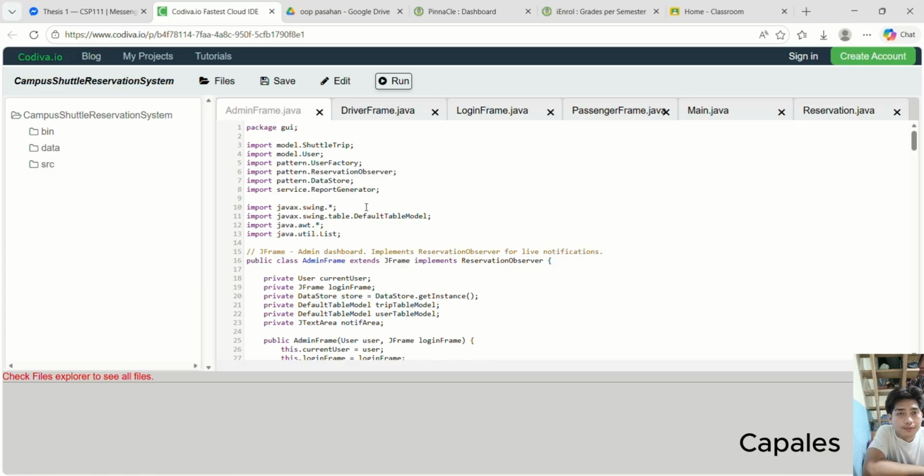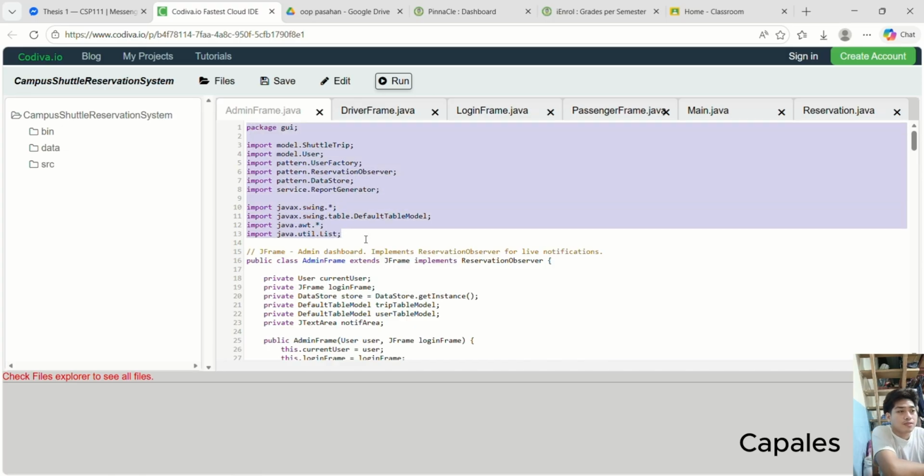The admin frame class is the main dashboard for the admin in the system, built using Java Swing and implementing the reservation observer interface so it can receive live updates from the system. At the start, it stores the current user, the login frame, and gets a single shared instance of data store, singleton pattern,